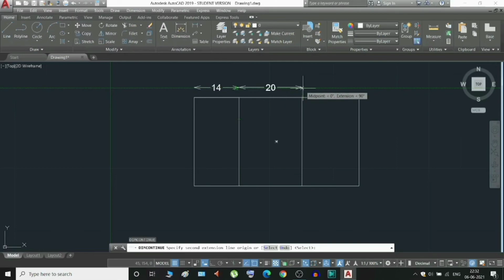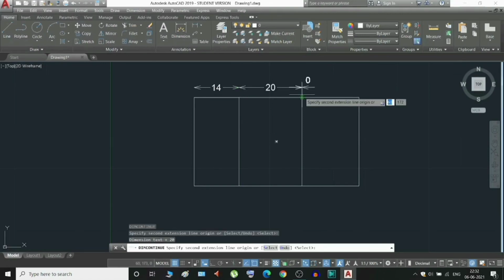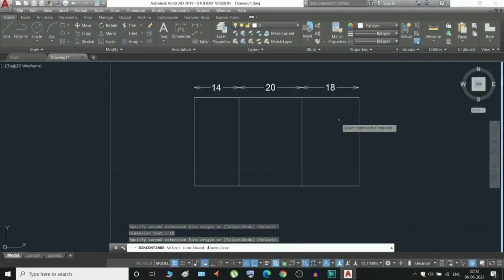So to continue this in this drawing, we have to choose the continuous dimension, which you can find by typing DCO. So we can do it and then we can do this. So this is the way you can find the continuous dimension.